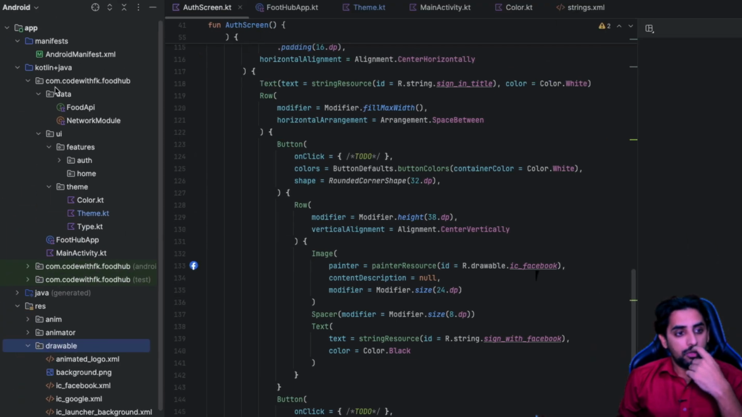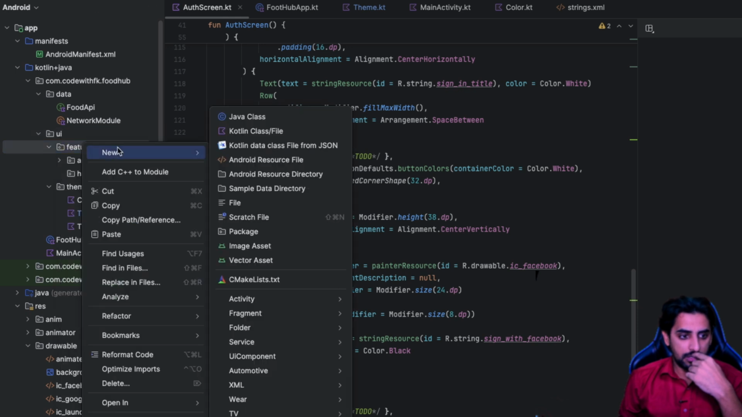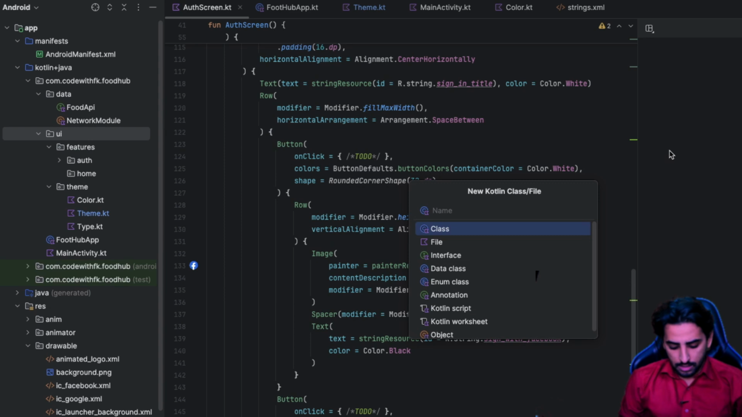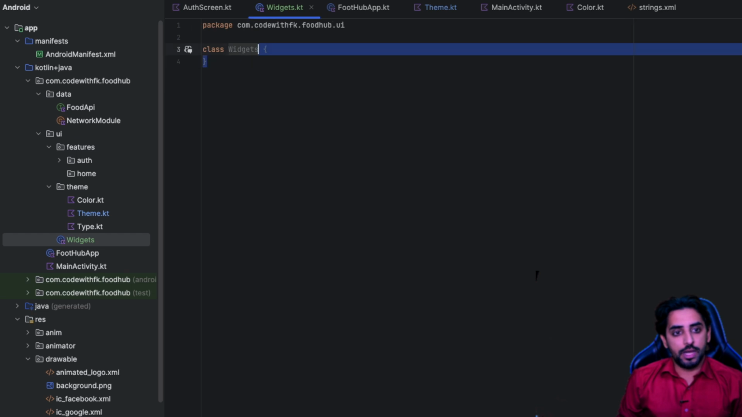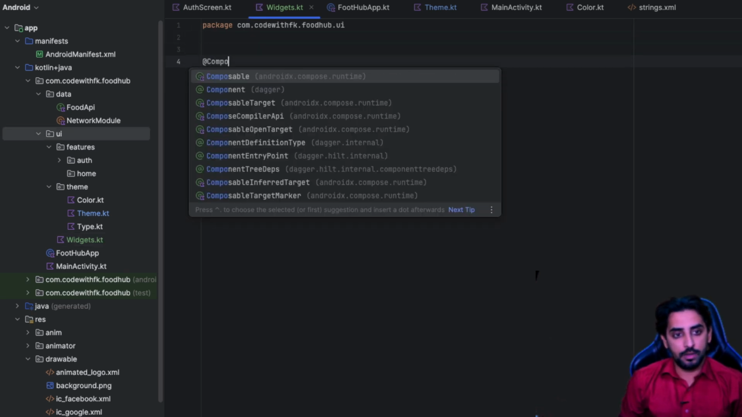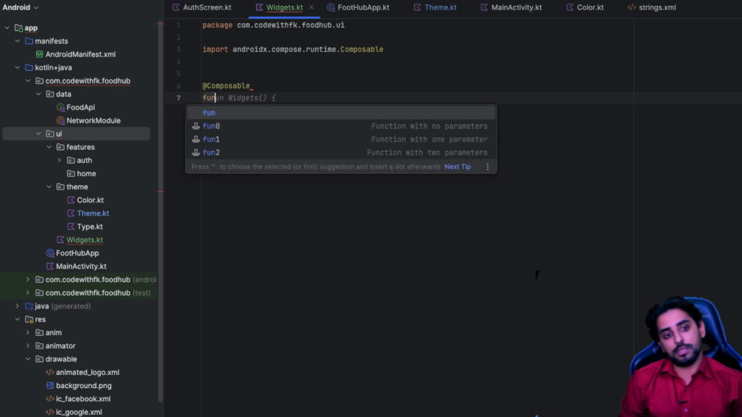So what I'm going to do is that I'll get over here into this UI section, and inside this UI, let's just create a Kotlin class and call it widgets. Okay, and now we have this widget file. Let's just get rid of that and create a composable over here. Okay, and that composable is supposed to be a group. So what I'm going to say is that I'll say fun